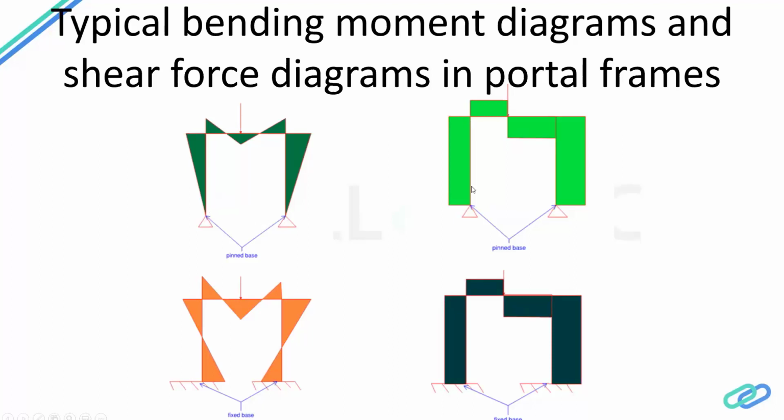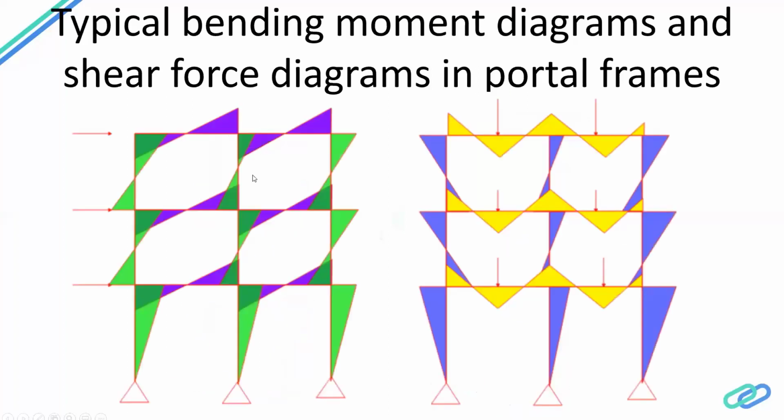And that's the reason we see this shear developed in the column, which otherwise we would not have expected. And then something similar that we are seeing here for a fixed base moment frame. So all of this was for a single storied structure, and then we have something similar for a multi-storied, multi-bay